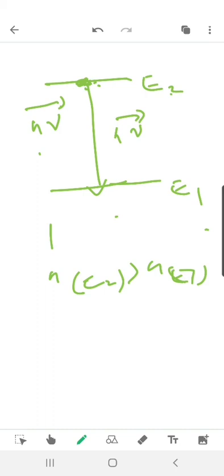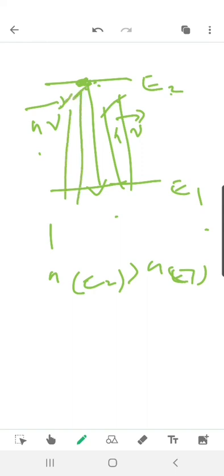Okay. And the method of this rising of particles from lower state to higher state is also called pumping of electrons. Why is it called pumping? Because the electrons are getting towards E2 state from E1, so they are getting pumped. It is also called pumping of state. Fine. So this is all about our laser. This is how our laser works.